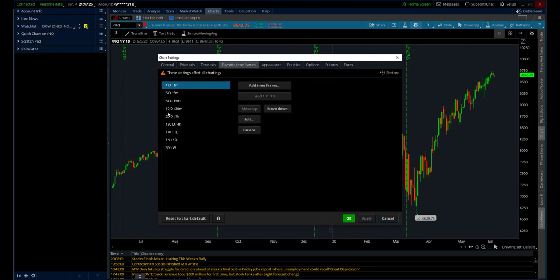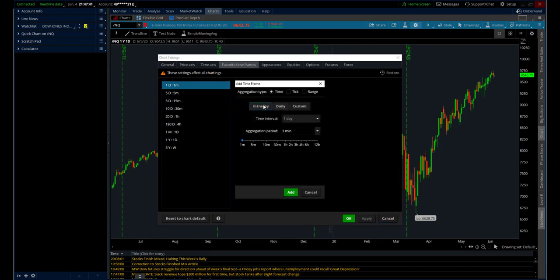So this is where you can add your chart time frames. We already added the 1 month daily earlier. A time frame that I use a lot is the 20-day 15-minute. So I need to add that. We want to go to an intraday. I want a 15-minute,